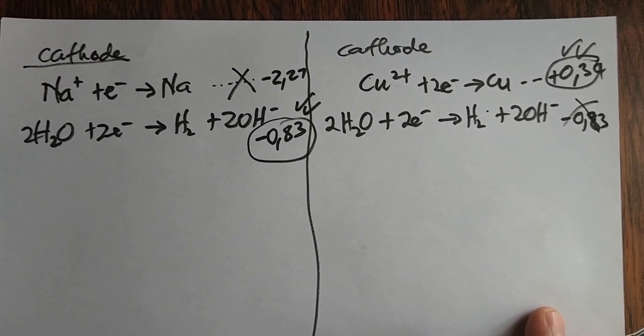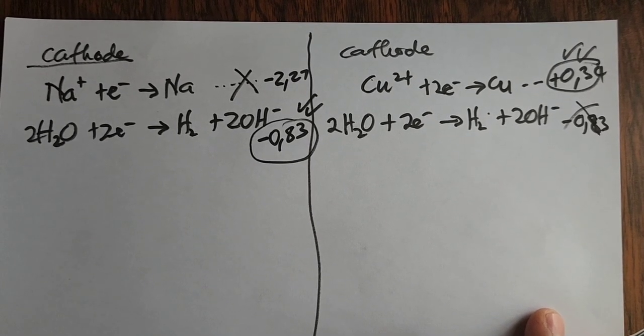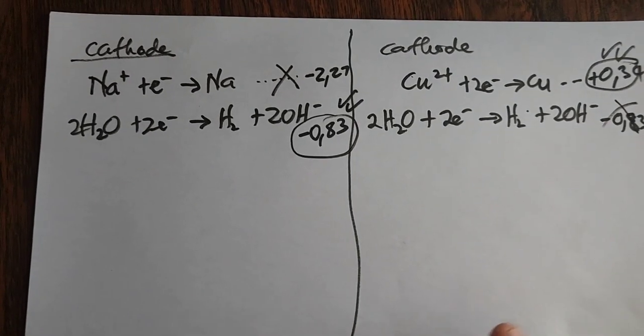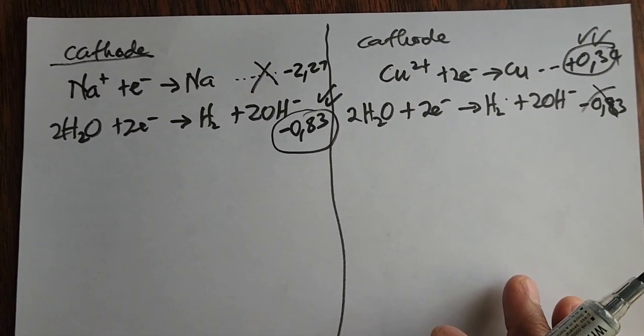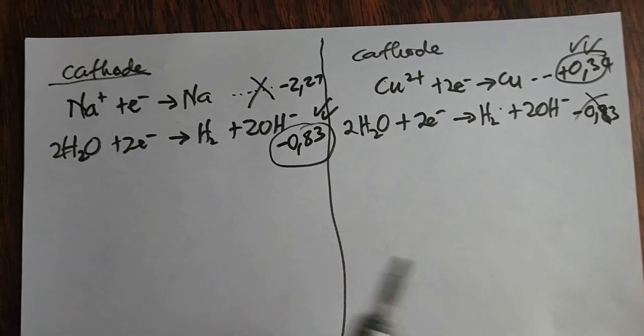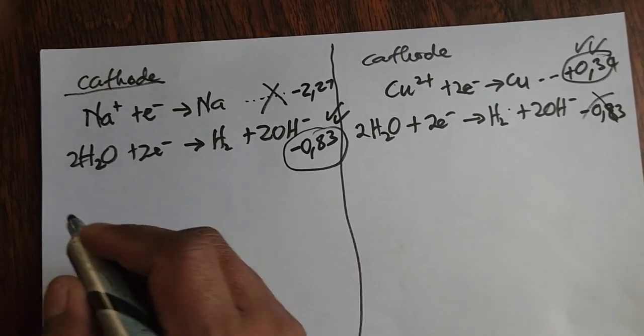copper ions have got higher oxidizing ability than water. Now they can ask you this question to say why this is happening. So you need to explain for 3 marks. In the case of sodium chloride, we'll say